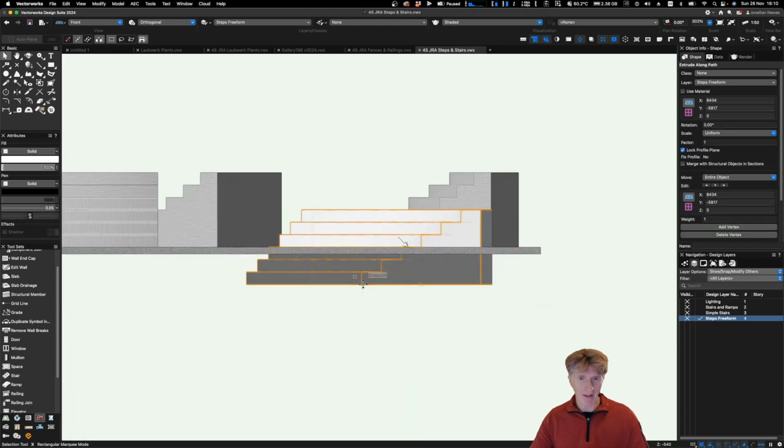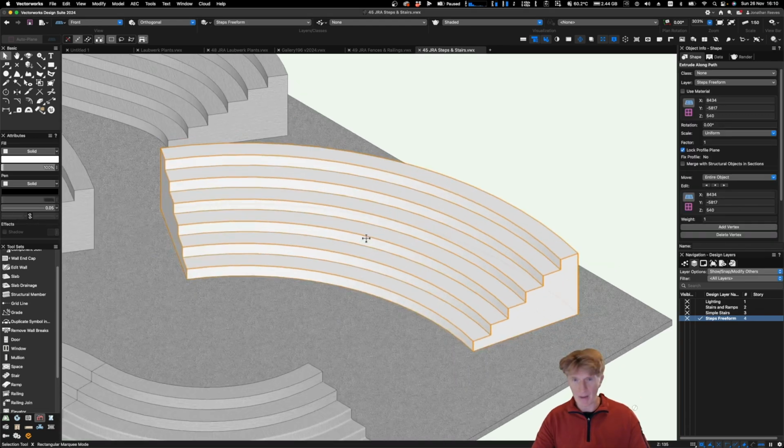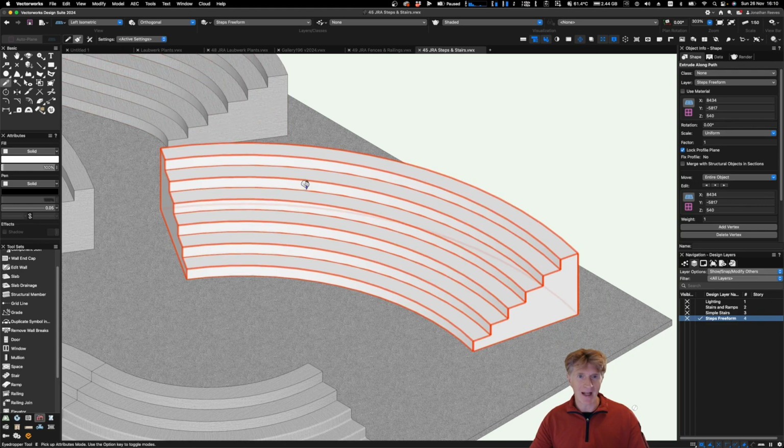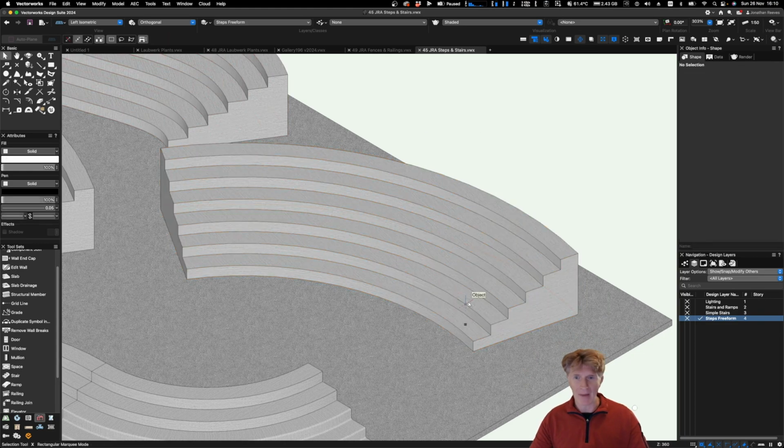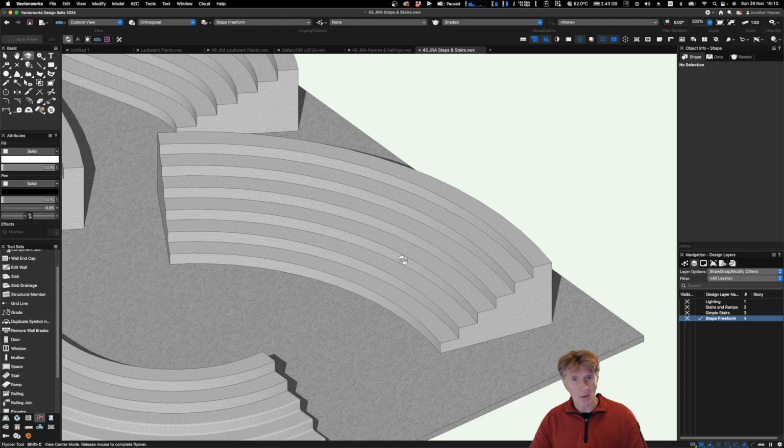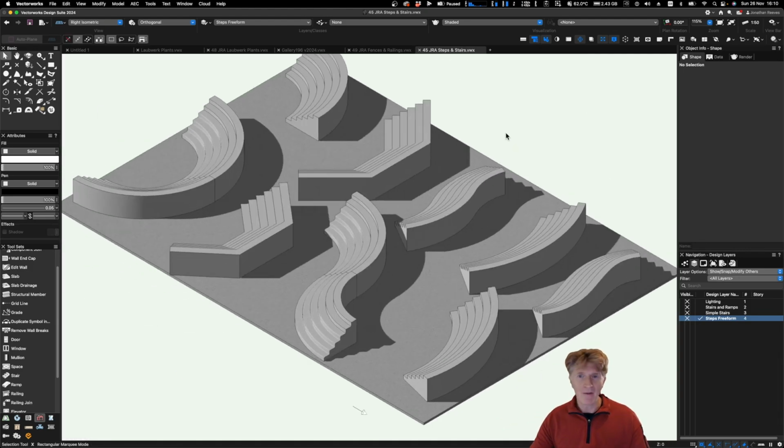And there we go. So if I just change the view slightly and move those up, you can see some really nice steps, and we'll get some concrete material on there. So very easy to do all of these things, and there's lots of other refinements I could make as well. Good, so I hope you've enjoyed that freeform example of modelling steps, as well as the parametric stairs